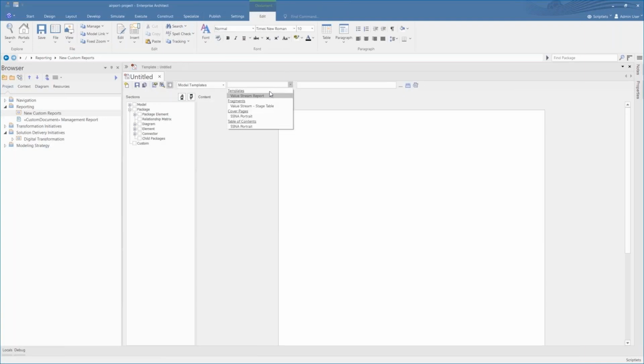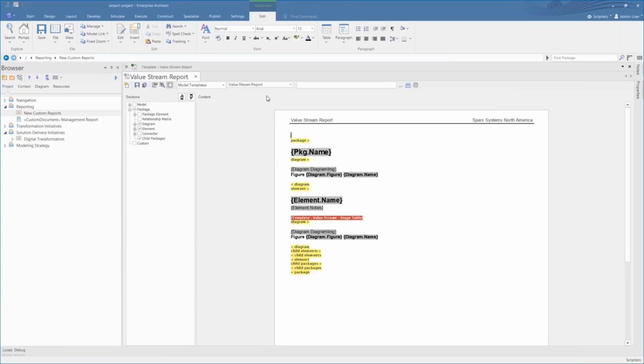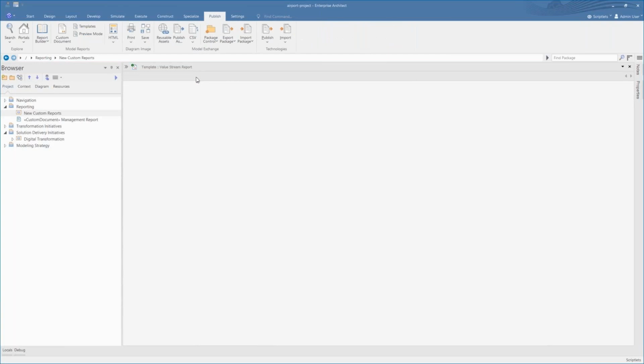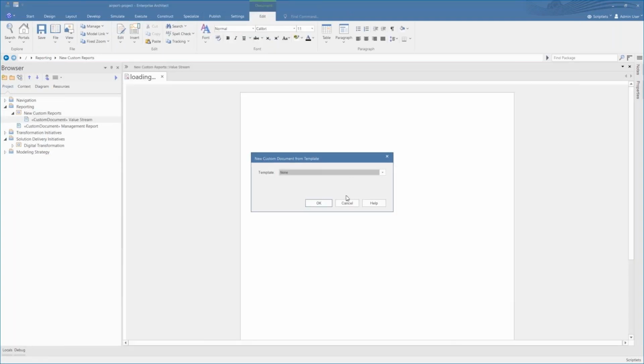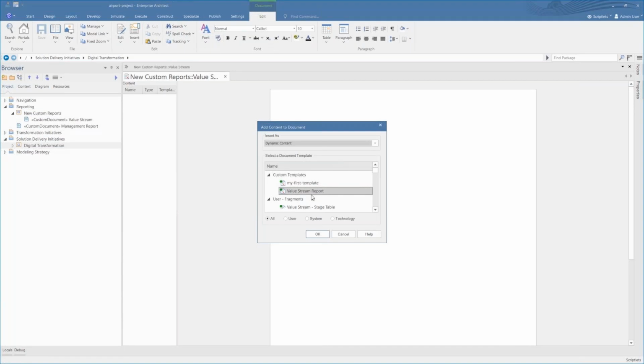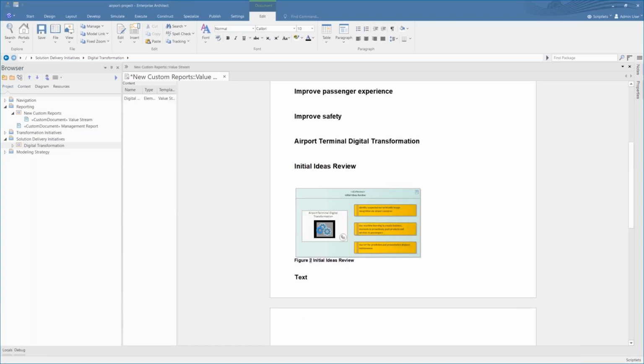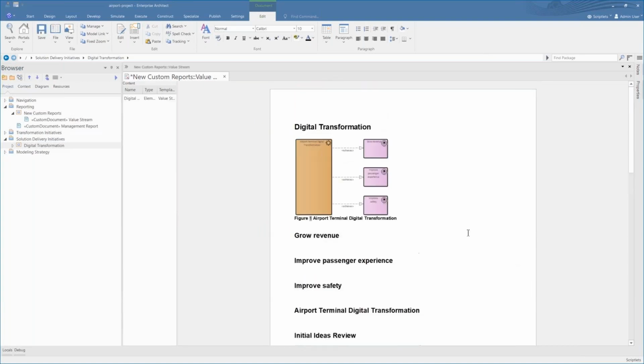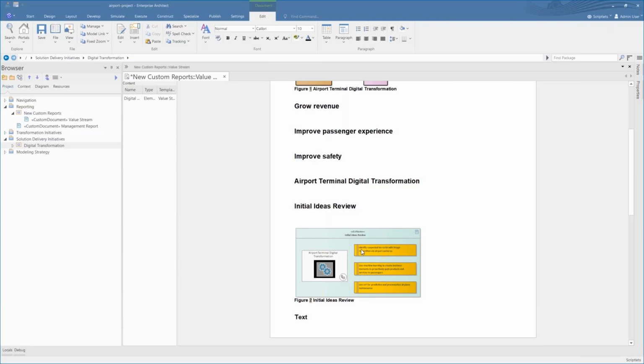So that's what we're going to do here. I've selected templates, and you can see we have a value stream template with its package name, an element name, and a few other details. So I'm going to create a custom record called value stream. I'm just going to use a blank template. I'm going to drag the digital transformation information on, and you can see custom templates are listed at the top. So I'm going to apply that new custom template, and so it's produced some of the element names and a few pictures, and they're all listed here.